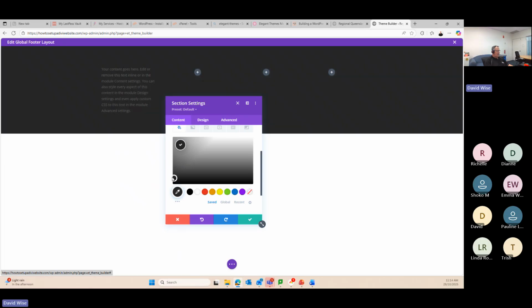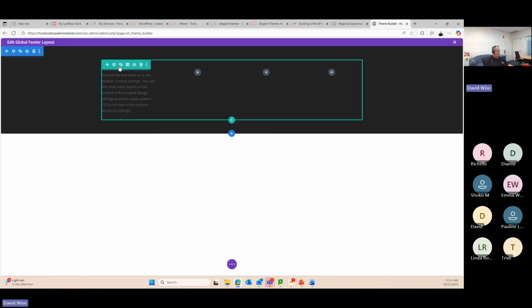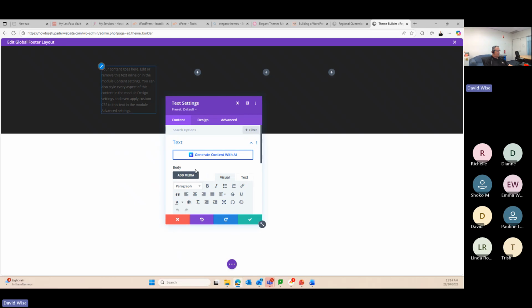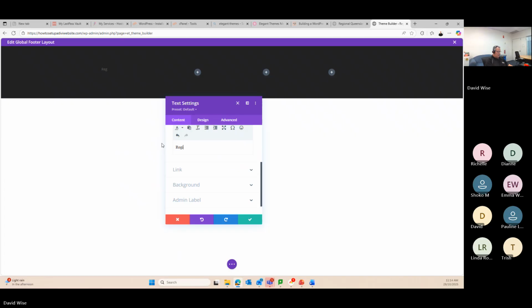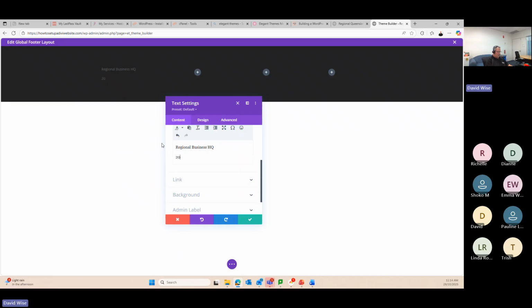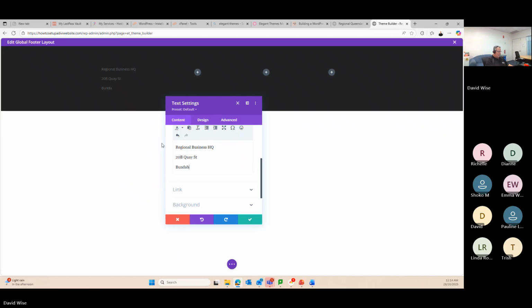I'm just going to add a not quite black, but a really dark gray there. All right. Now, in this text section, I'm just going to put our business name and address, 20B Quay Street, Bundaberg, Queensland, 4670. So this might be some contact information you're putting in, and our phone number,